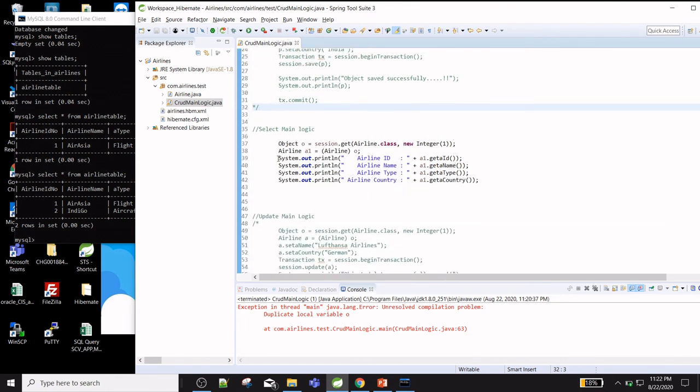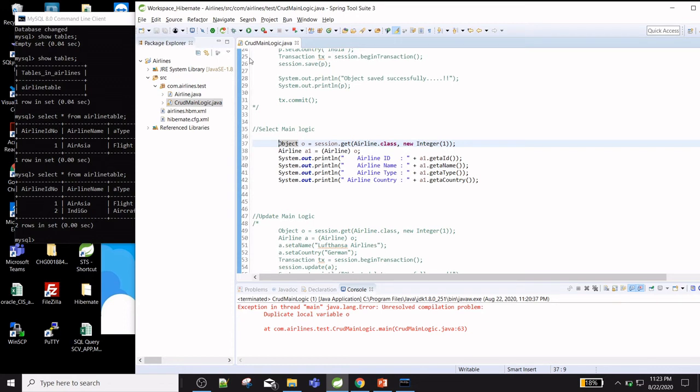So this is the select logic we need to perform. In this program, we have one Pojo class, like Airlines. It's just a Pojo class, nothing special. And after that, the mapping and configuration file are just like the previous program.